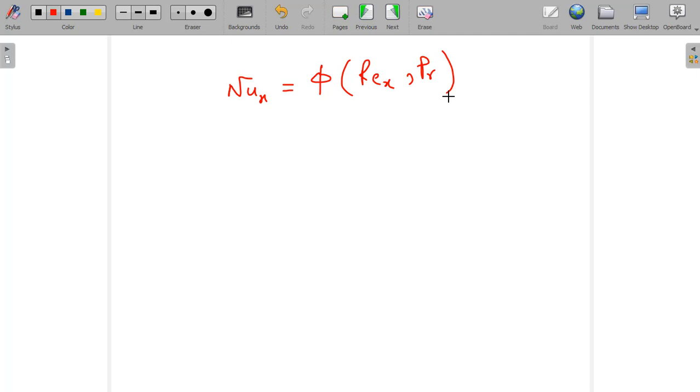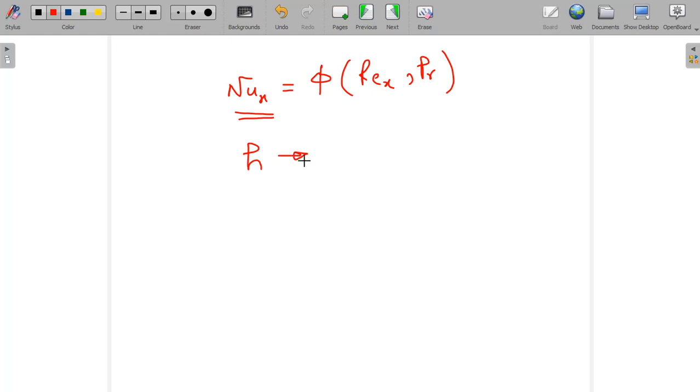Next thing is exactly similar, that you can do some experiments, and through those experiments you can get a relationship, you can get some results, and those results can be plotted properly, and you can predict the Nusselt number based on Reynolds number and Prandtl number. This is definitely the experimental way of solving the problem. Okay, or what should actually be the next step? The next step should be, once you know Nusselt number, it is possible to find out the value of H, and that is the next step.